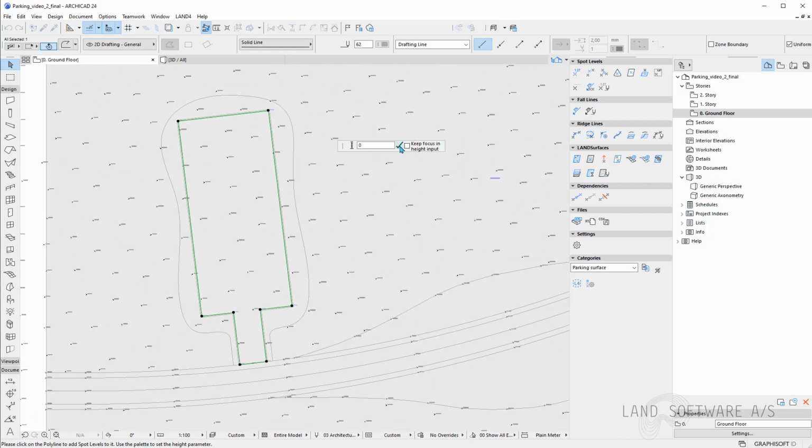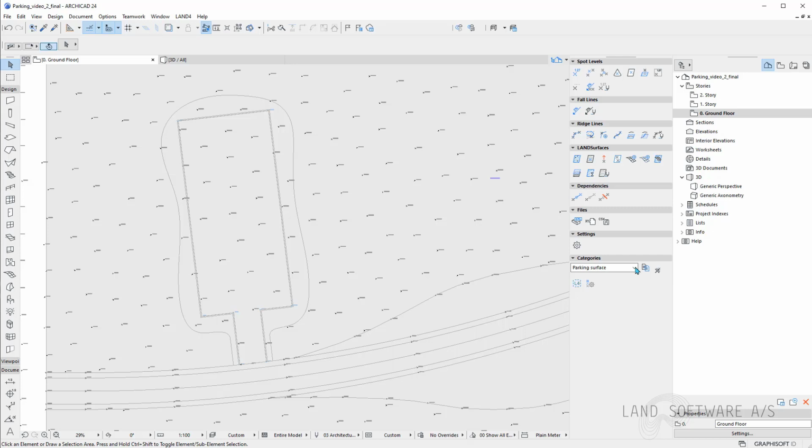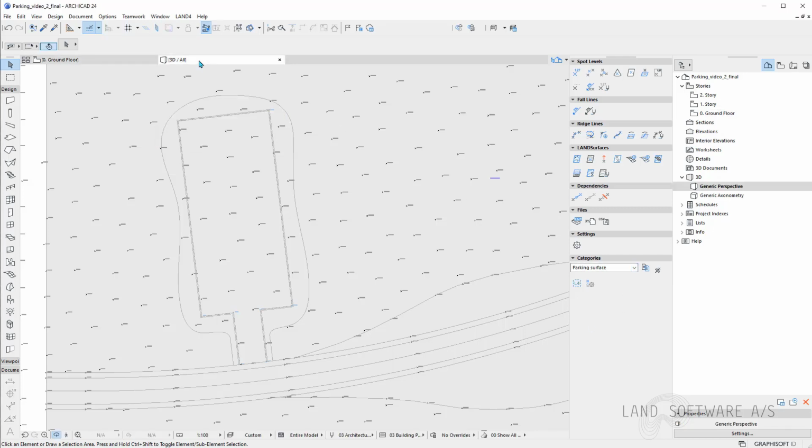Once I'm done, I can press the green mark, and now we have our ridgeline. In the 3D view, we can check the result.